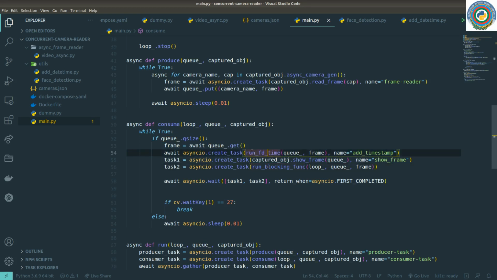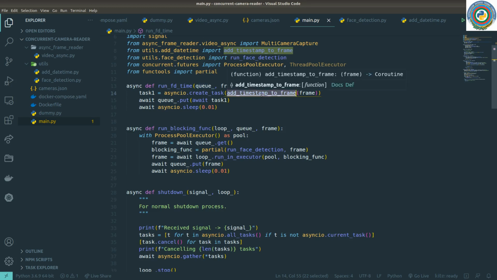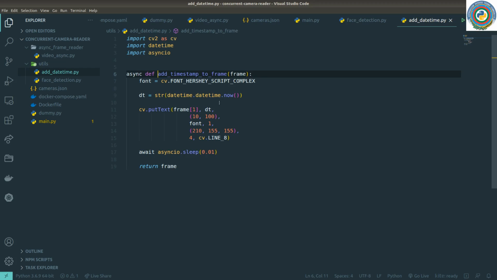First of all, let's just quickly go through these functions and how they can operate on the queue. So runFD time is here. I'm going to create an async IO create task with the add timestamp to frame function. I'm passing this frame to the add timestamp to frame. Let's just go there, and as you see, there's a single change here that we are operating on frame object 1,